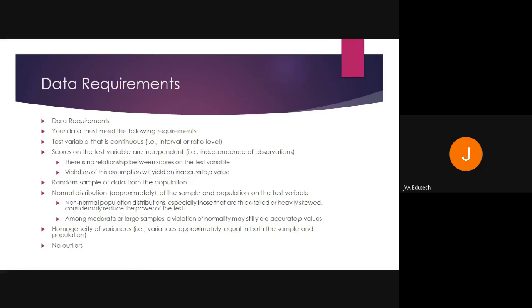So your data should meet the following requirements: your test variable should be measured on a continuous scale. Already I have told that if you have to perform a parametric test,